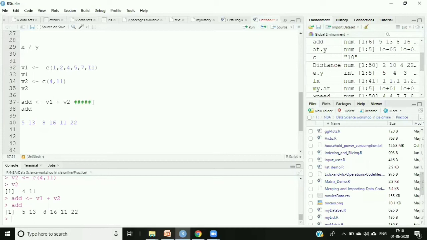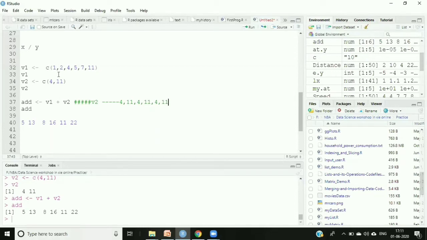So this v2, v1 value we know, v1 is having 1 2 4 5 7 11, but here this will change v2. V2 will be having what? It will have the values like this: 4, then 11, and then it will have again 4, again 11, again 4, again 11. So it will make its size similar to this one, right?